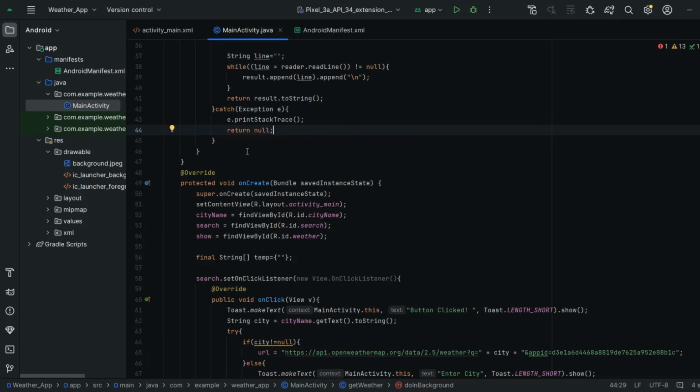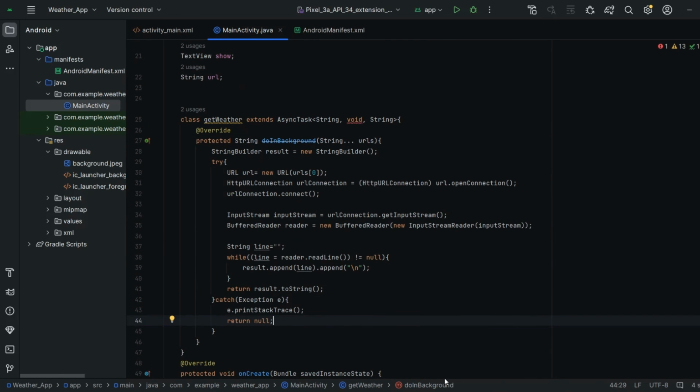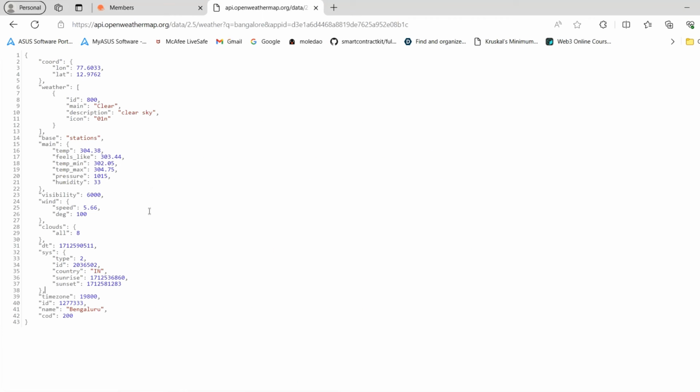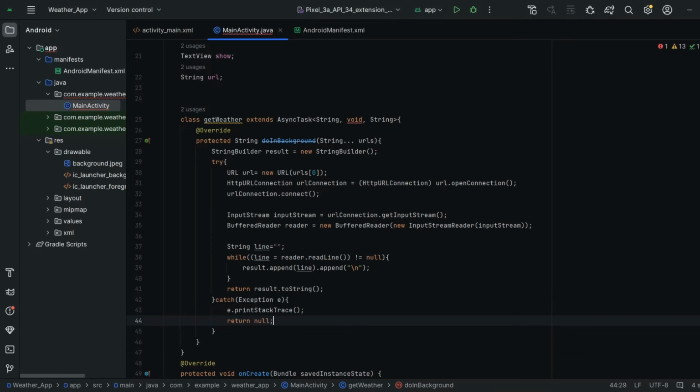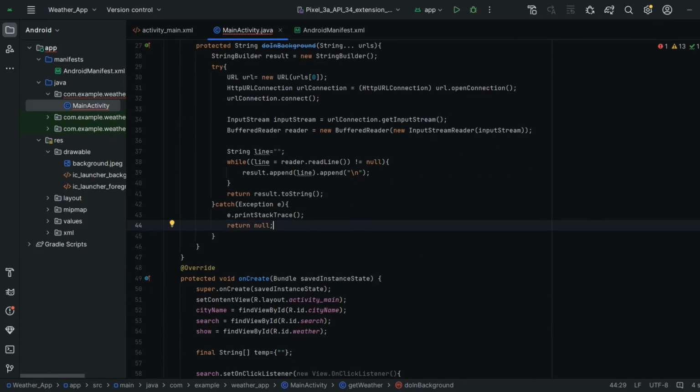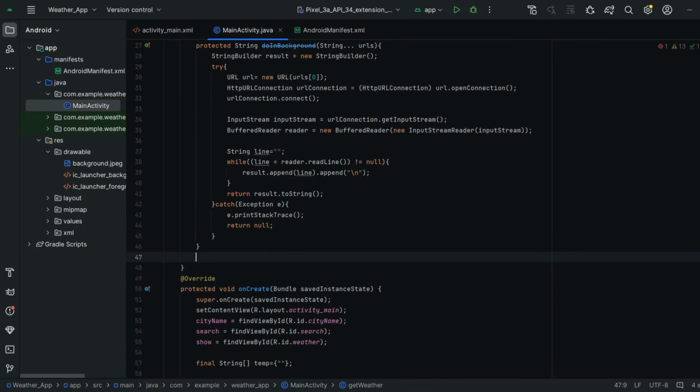And also we should see, guys, all the data we got was in JSON format. We need to convert it to text format so that we are able to display it in our project. So for that we have to use JSONObject, and before that we should create a void. So let me do that.